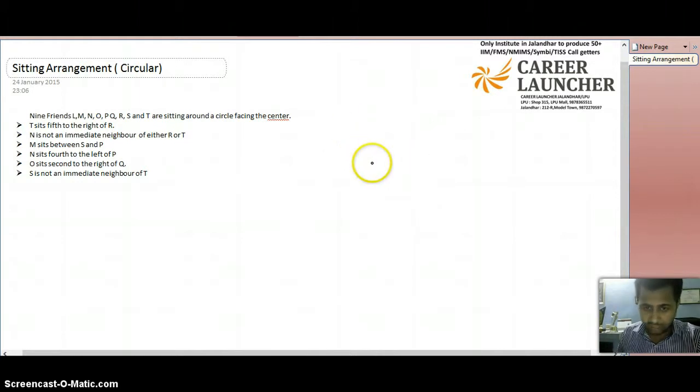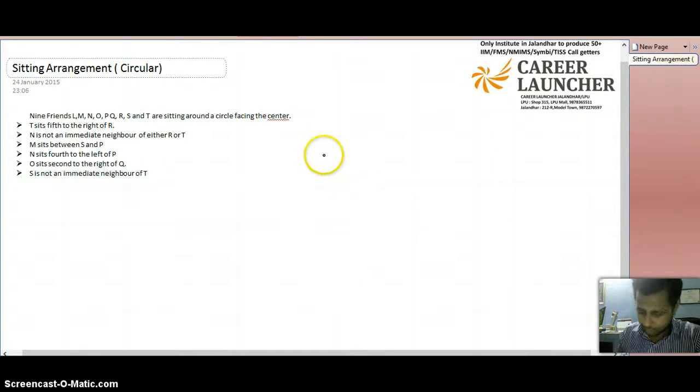And what I've seen when people solve these questions is they'll read the first hint that says T sits to the right of R, and they'll draw T to the right of R and put 1, 2, 3, 4 people in between. This is a wrong approach because this won't get you anywhere. You don't know how many people are sitting, so how would you arrange them? They're not symmetrical, right? So the first step that you'll do is